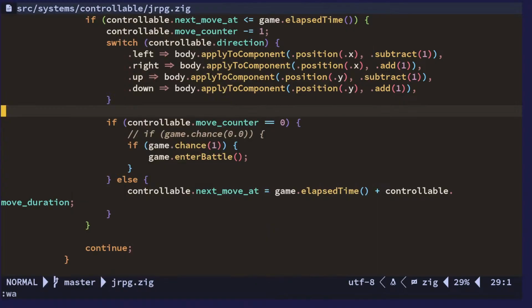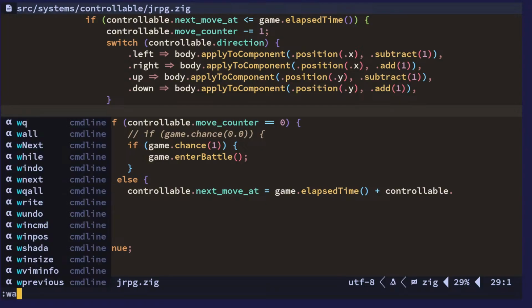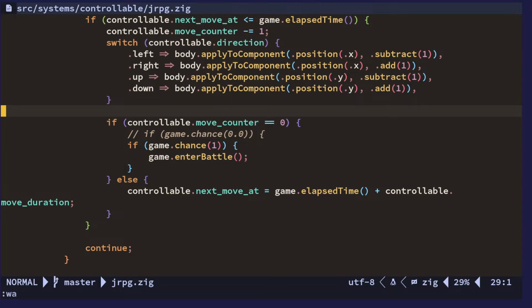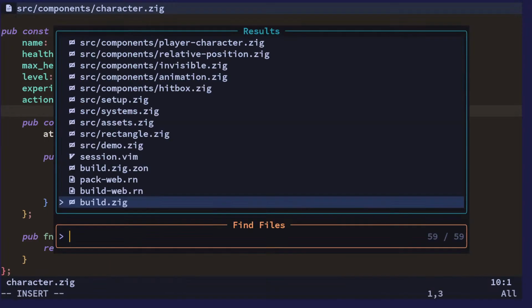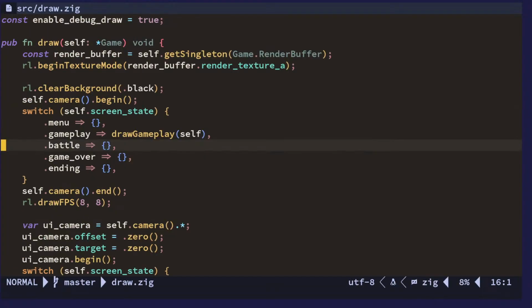So I want to fix that now. One way maybe would be to add to the character like a battle position perhaps, or we go in here